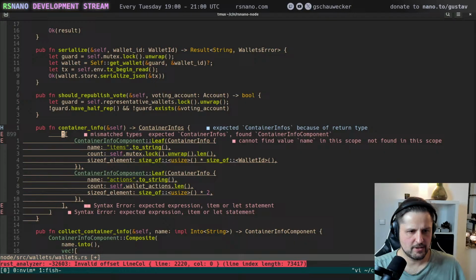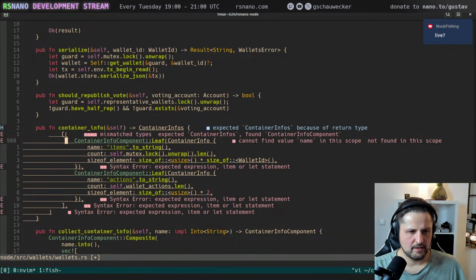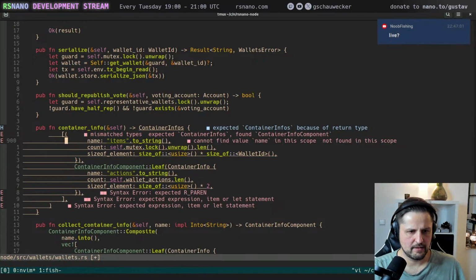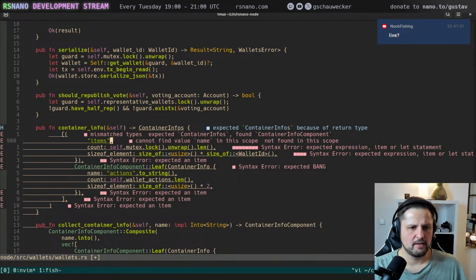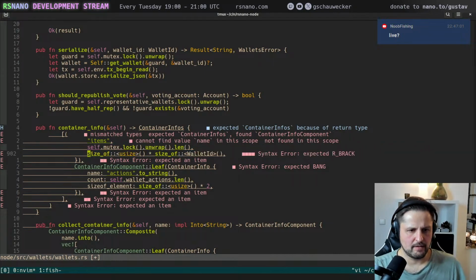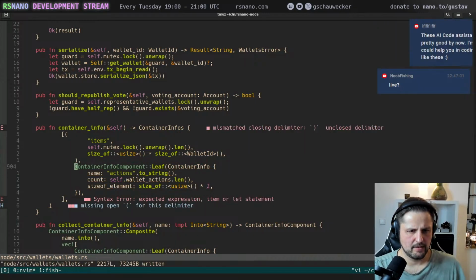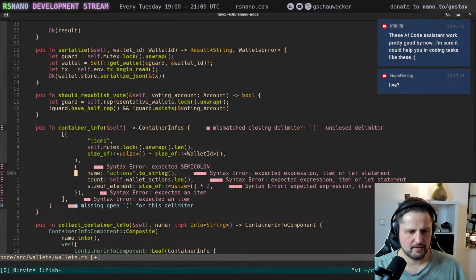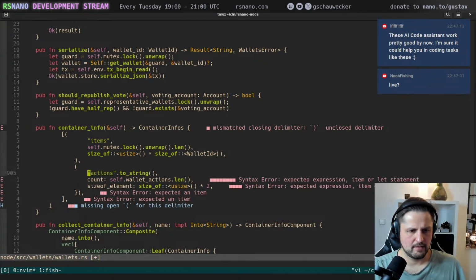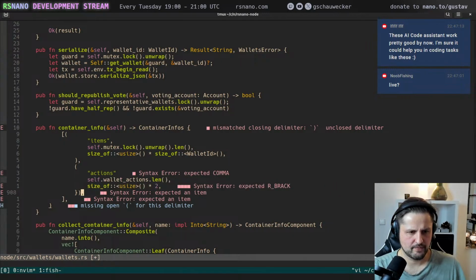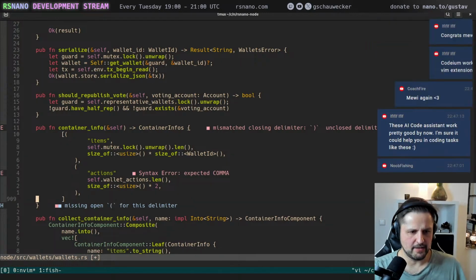And this will be just like that. Size of element. That. And then we just call into.